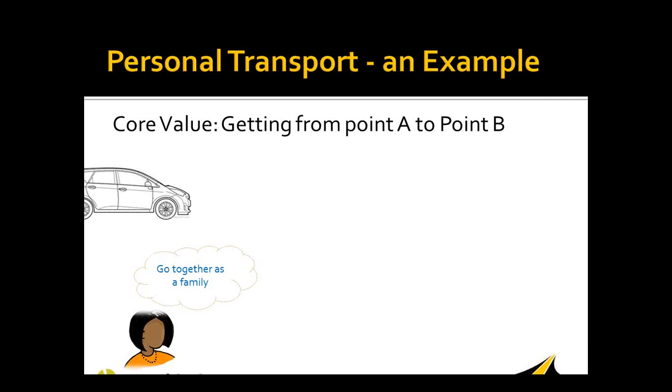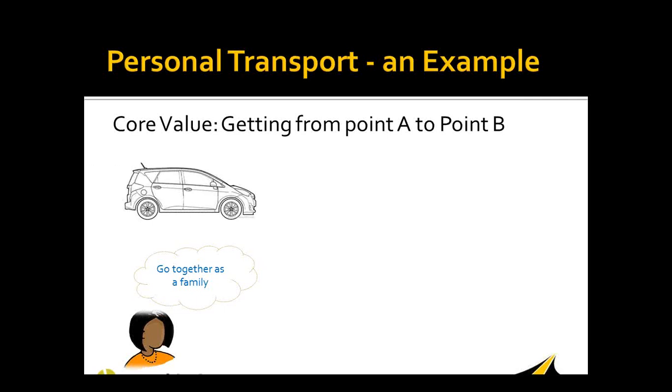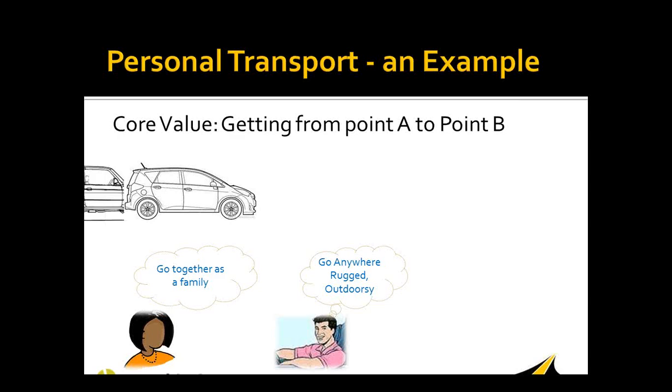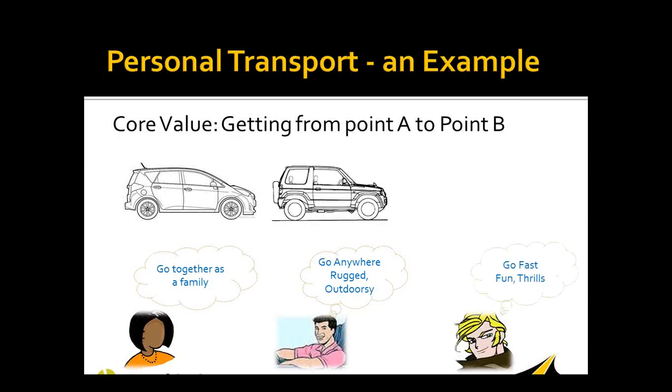And she probably is looking for sound stuff and large enough to carry the entire family. On the other hand, you might have somebody like Steve, who's probably an investment banker, who's really keen on the outdoors, wants to go anywhere. I mean, he has really this image of being a rugged, outdoorsy kind of a person, and he probably is looking for. On the other hand, you might have somebody like Mike, who wants to go fast, wants to have fun, wants to experience thrills, and